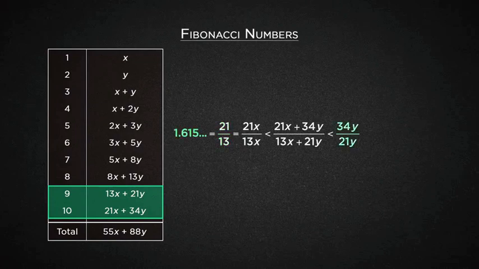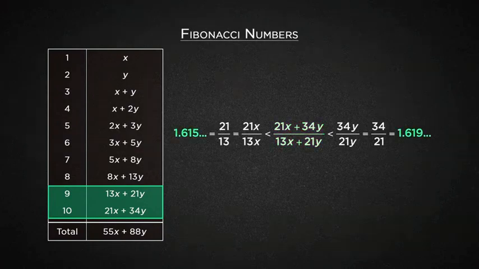And 34y over 21y, well, that's the fraction 34 over 21, and that begins 1.619. So the ratio, 21x plus 34y over 13x plus 21y, the mediant of those two numbers, has to lie